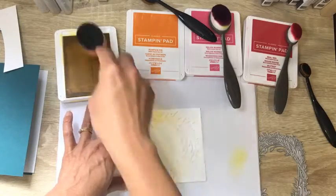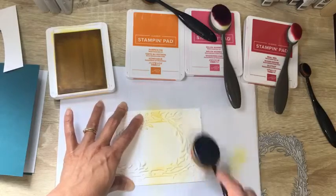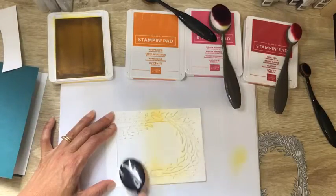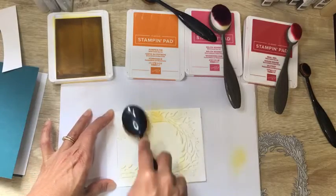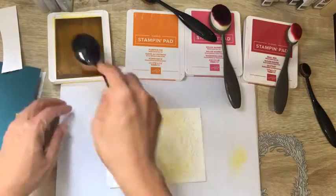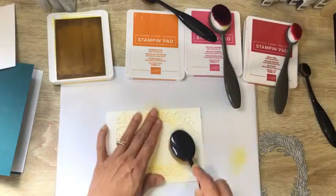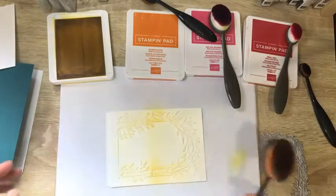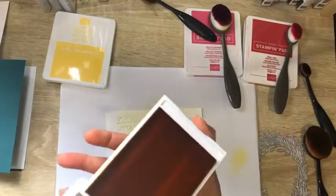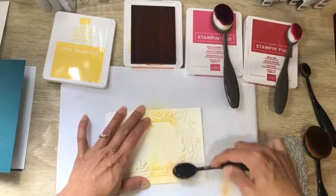The yellow just kind of goes as a base for just about the entirety of the card, but it's darker through the middle there, if you can tell. So start in the middle because I want the darker part to be in the middle, and then just keep going. Inside. So you can make it as dark as you want it or as light as you want it, so however vibrant you want it to be. And then a little bit of the orangey pumpkin pie, and alright, just gonna,